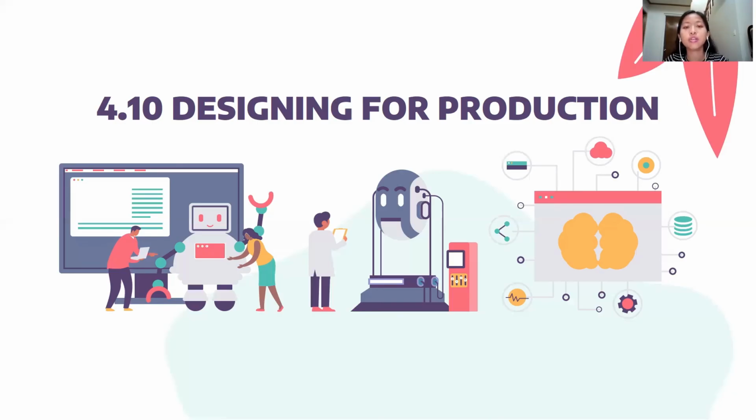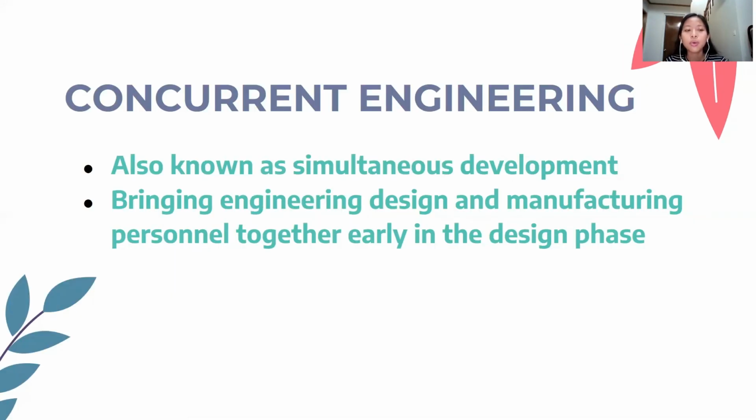So now we proceed to the designing for production. So in the next slide, you will see concepts about design techniques that are used for products and services. So these are mostly for goods rather than services, but it can also be of great help to service designs. So we proceed to the first design technique, which is concurrent engineering.